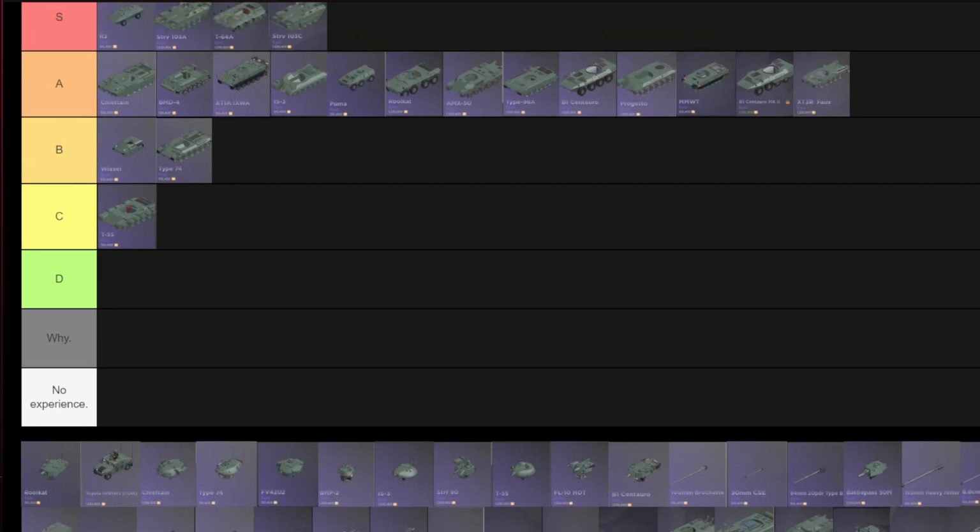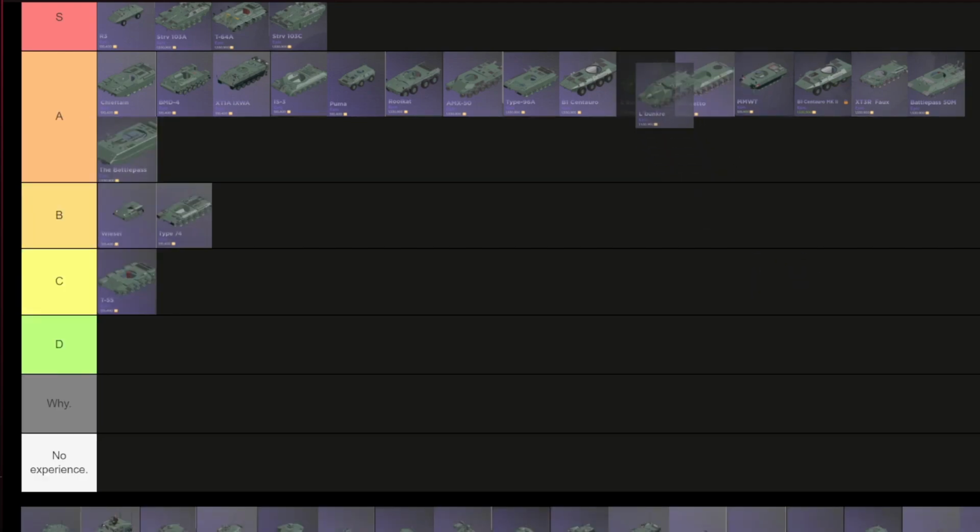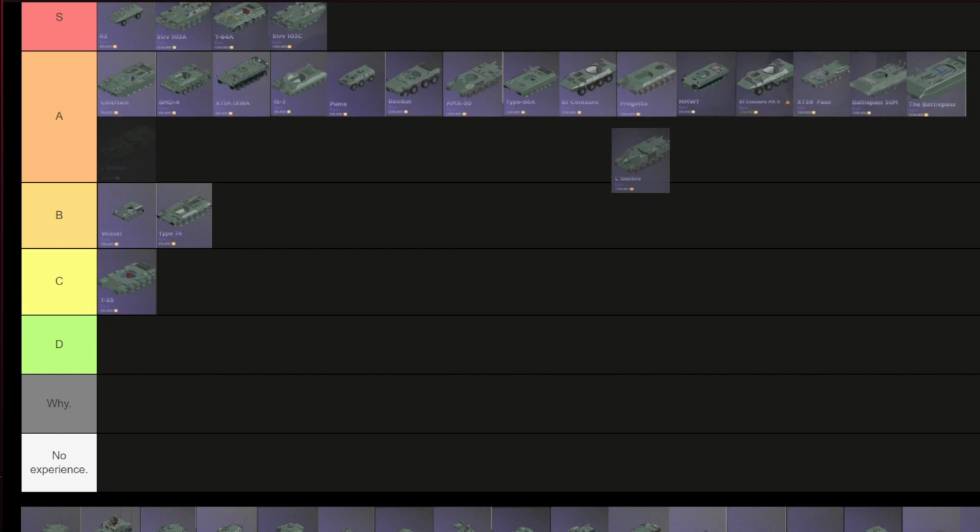Alright, Battle Pass 50M. It's an A. Good front armor, and really good speed too. Mouse for the Battle Pass. It's an A. The only drawback is that it's extremely slow. The armor is really good if you angle. Leblanc, it's an A. It has two